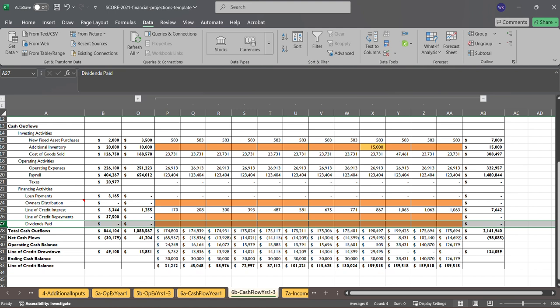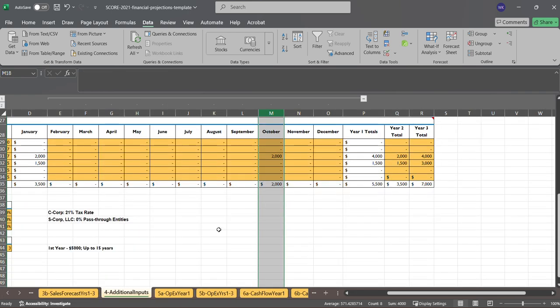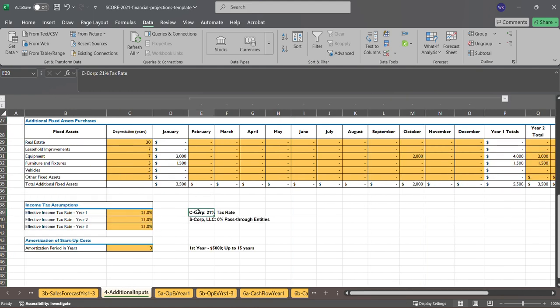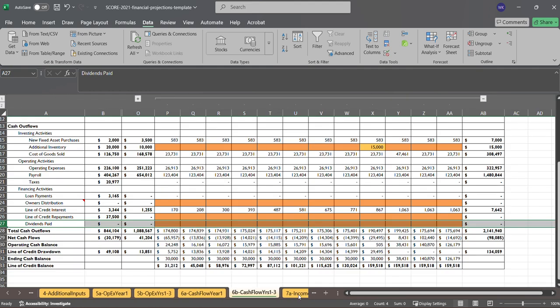If you have a C Corp, dividends are paid out to shareholders. So in my template, I happen to have a C Corp here. I've assumed that I am a C Corp. So I would use dividends paid if any additional profits were available for shareholders. Now, if I look at the ending cash balance,